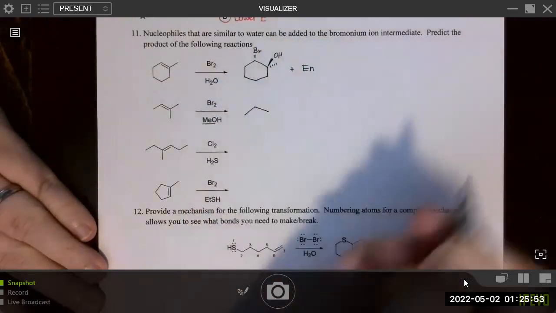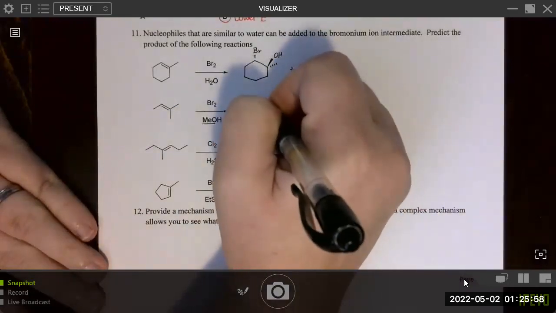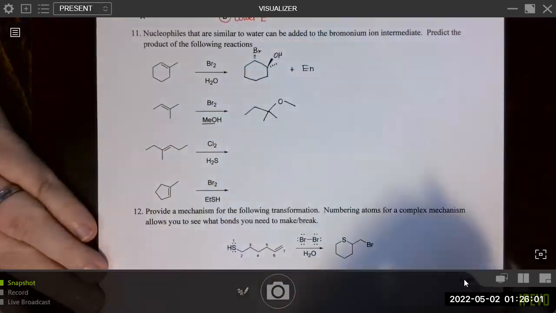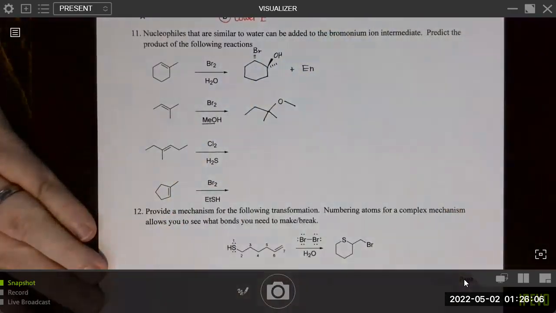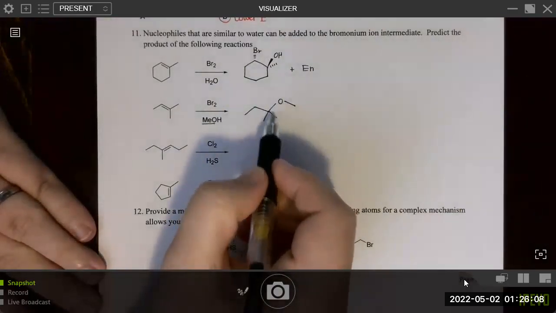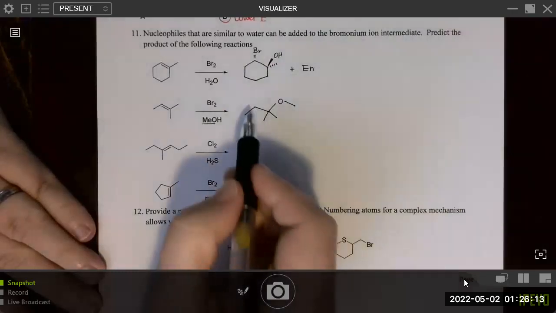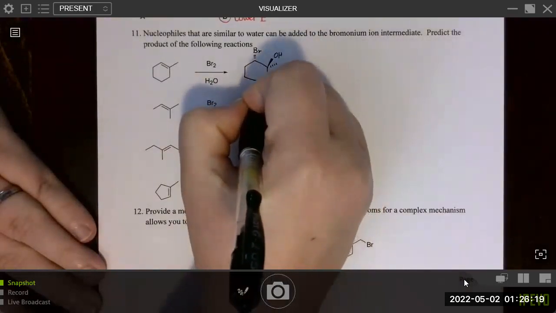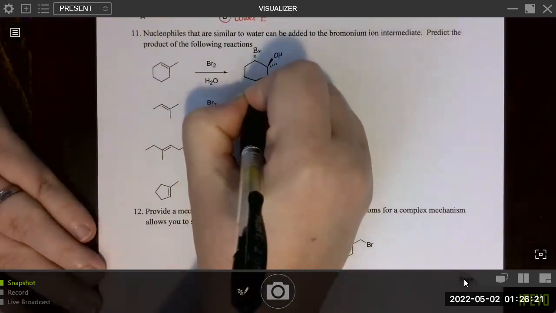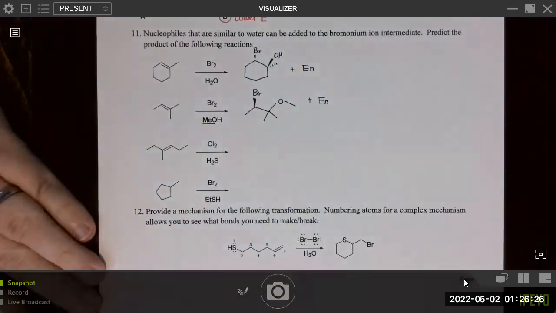But think about the fact that this is not going to become a chiral center. So I'm actually just going to go ahead and add that in. Here it is. You can write O line or OMe, right? And I'm not going to worry about placing it on a dash or a wedge because I don't actually have a chiral center. The bromine will go here. This is going to become a chiral center. So I can either add this in on a dash or a wedge, but remember that we always get a racemic mixture. Get an equal mixture of both enantiomers.